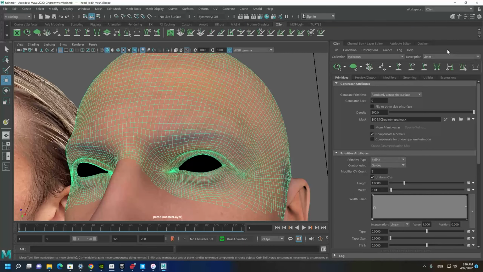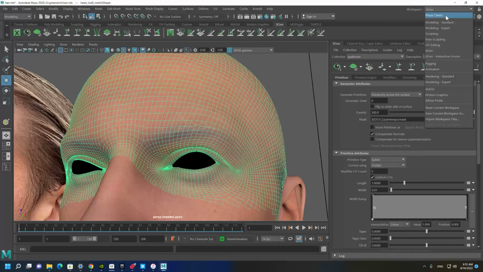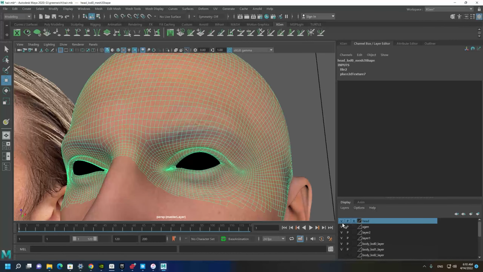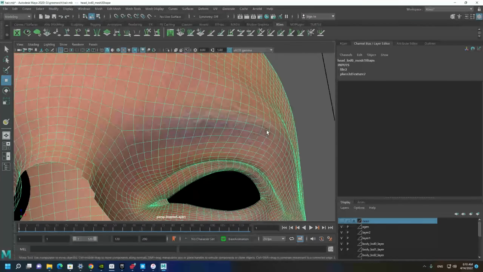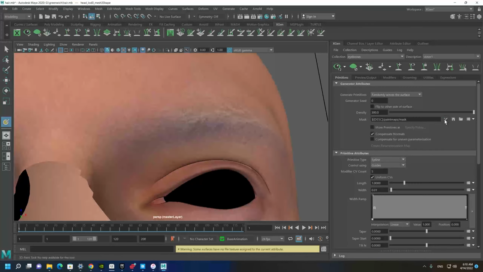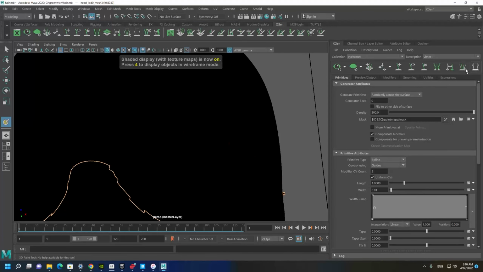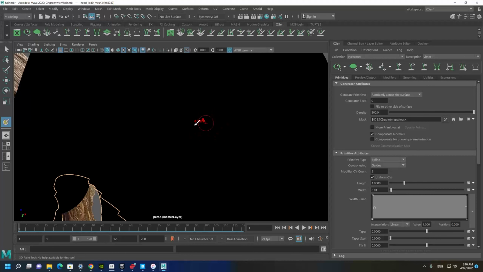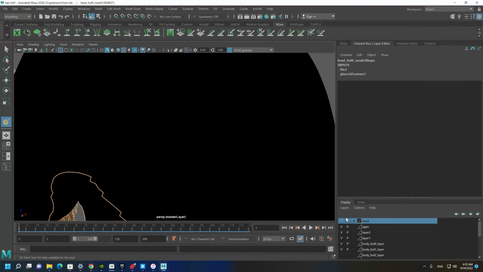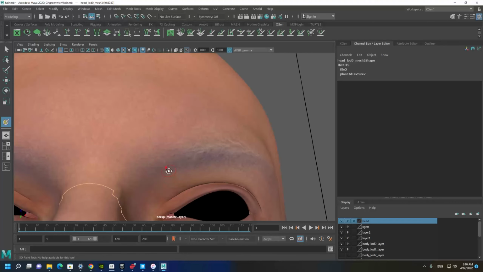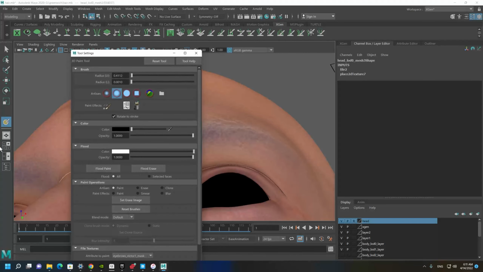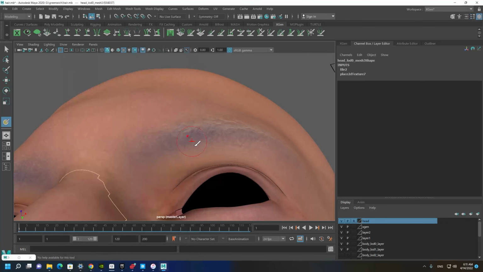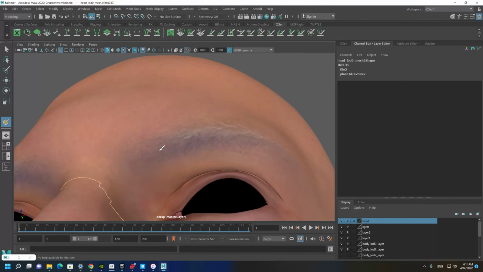And let me see if I can actually go to channel box and hide the underneath geometry, and I click on this paint icon, and it's going to be black, but I want to see the eyebrow, so I can reveal that and I'm going to paint, and the paint that I select is this hard brush, not this one, because it's going to blur the surrounding of the brush, which I don't want. And I'm going to strike